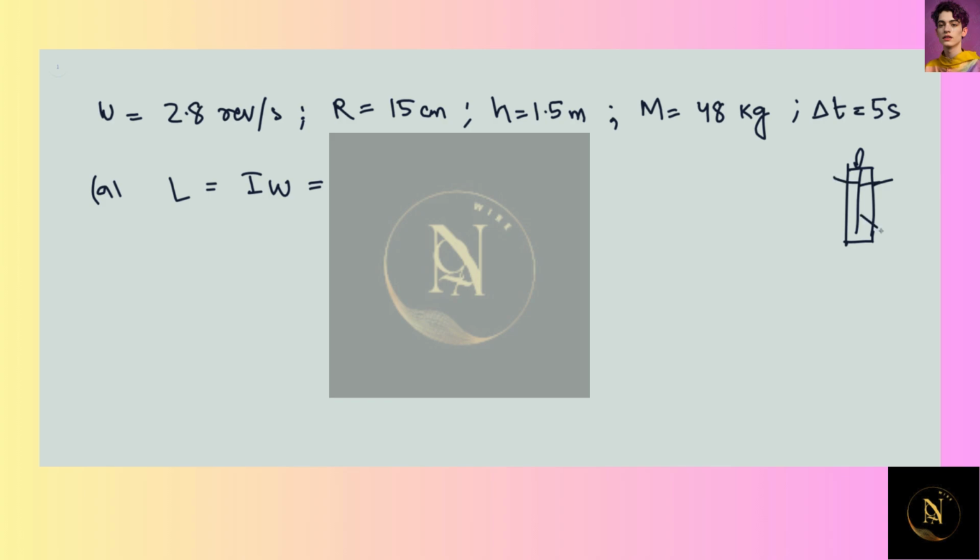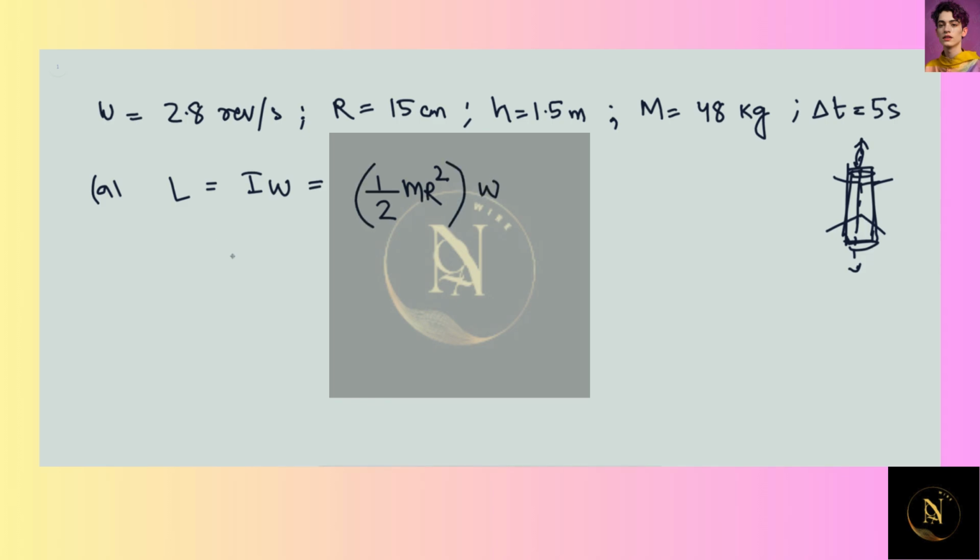This is not a very good diagram. So let's say that this is the person and it's rotating about this axis. And we assume the person to be the shape of a cylinder, and for a cylinder the moment of inertia about an axis passing through the axis of the cylinder is given by half m r square. So this is the expression of moment of inertia for the case,